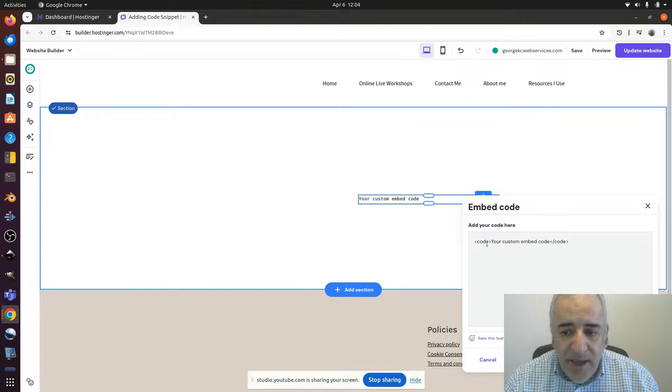Between those HTML elements, the code. You see, this is an HTML element. That's how it comes. You have the angle brackets and the name of the element, and at the end you have the forward slash and again the name of the element, and in between you enter the code. So I'm going to enter the custom code here,